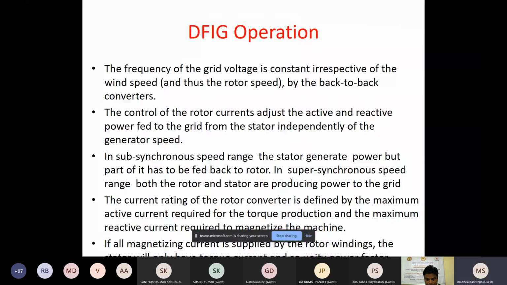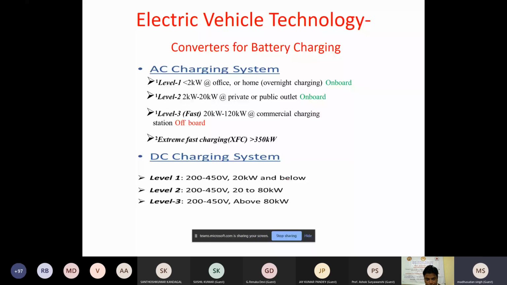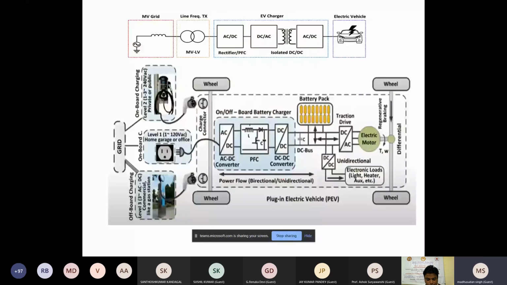my presentation today. These are a few applications of EV. I hope you all know electric vehicles and how there are converters in them. We have a battery pack and a DC to AC converter, which drives the motor, and the motor is connected to the wheel through the powertrain and a gearbox. Sometimes it is used with gear, sometimes without gear. If it is without gear, the motor simply drives the powertrain, and you have a battery,